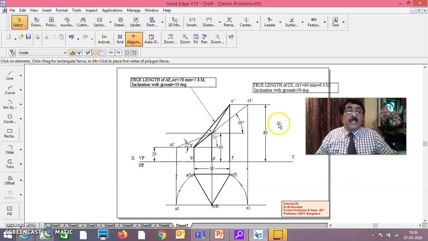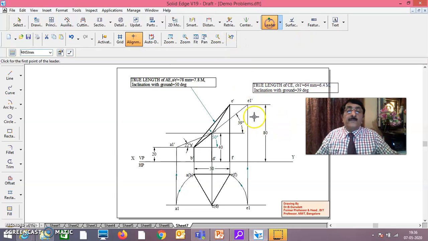True length of CE, its angle with the ground is 39 degrees. I suggest you put it somewhere here and you show this as this. CA is over.